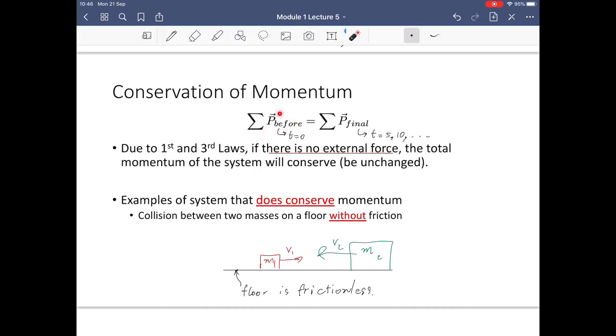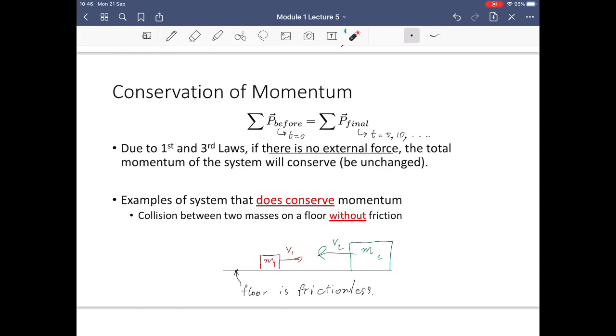Now what it means by P before and P final is that P before is, for example, at time t equals 0. P final is at some other time, maybe t equals 5 seconds, 10 seconds, whatsoever. But what we have here is just that